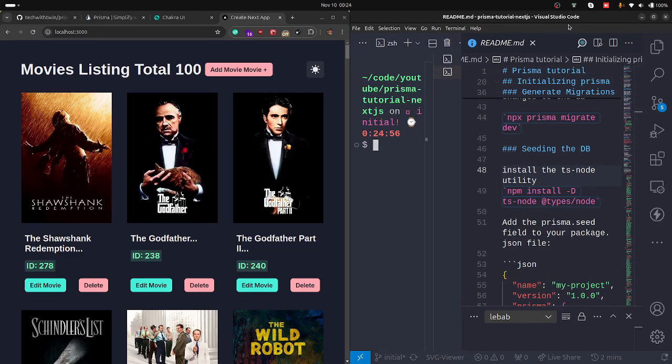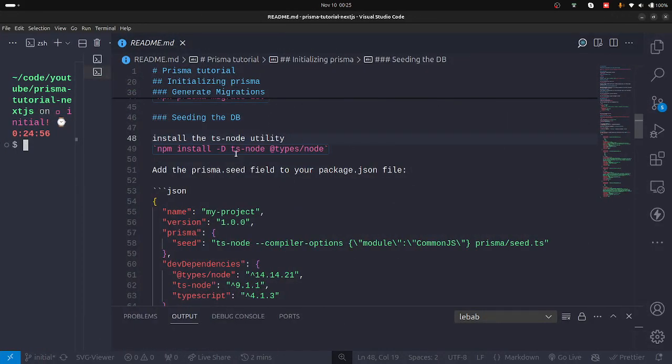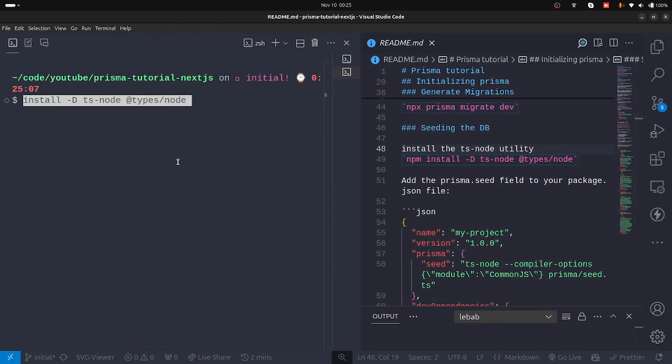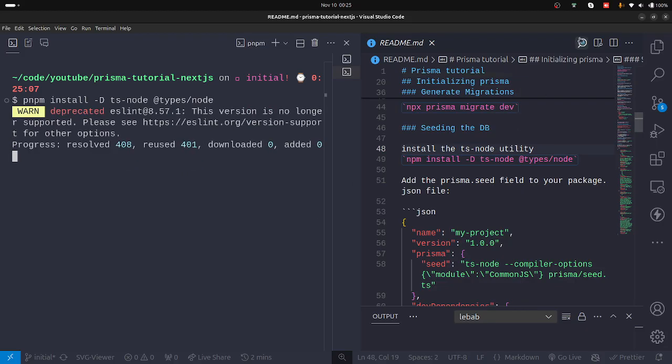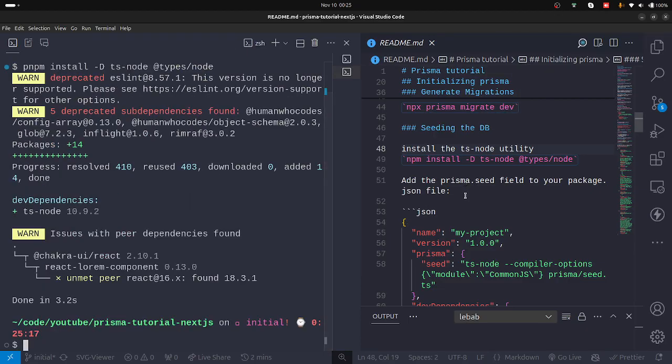So this one is getting smaller, but since we can see our movies, we can continue. So we need to install those. I'm using pnpm, so I can do pnpm install -D, then install those dependencies, and then it says add